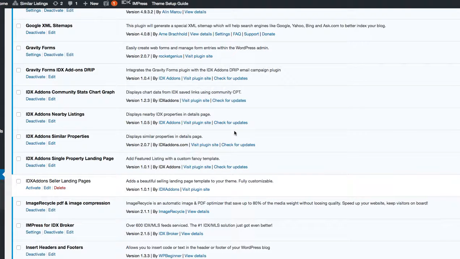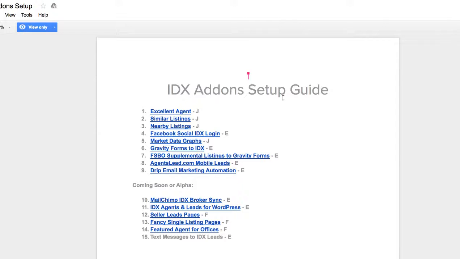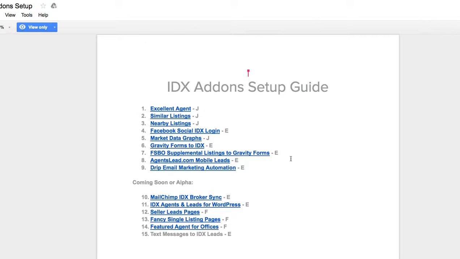Today I want to show you a little bit about how these IDX add-ons are set up. One of the questions we have is, when I buy IDX add-ons, how do I get them set up? Let me just show you what a typical install looks like. Basically, if you have these 9 IDX add-ons,